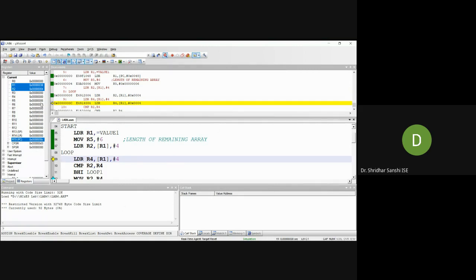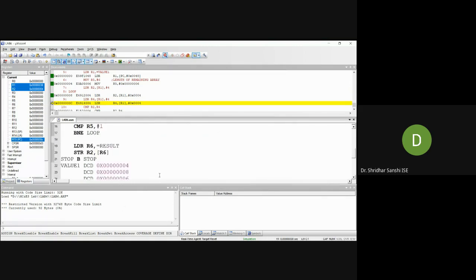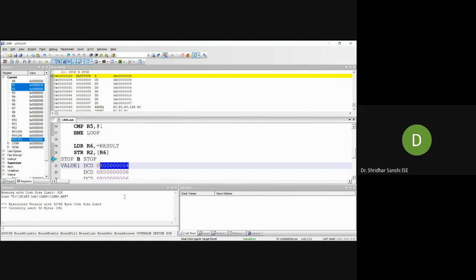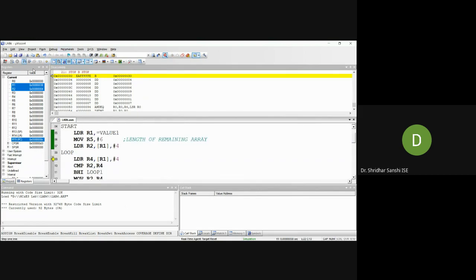In R2, I have 4. So 4 is the first value, you can see that. Next, I will take the next value into the register.